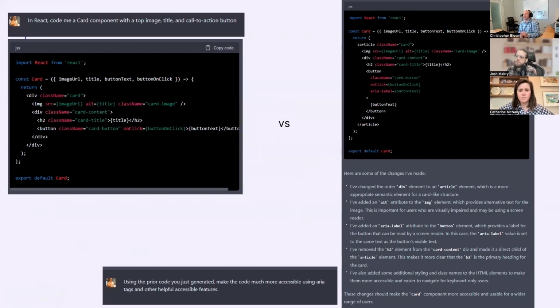Great, passable. On the right, we said, okay, now do what you gave me, but make it accessible using the features of HTML5 that we have available to us. And look how it changed, right? And look at the explanation down below of all of the reasoning that it went through to make it more accessible. So it's really important to point out here that the defaults coming out of these systems,